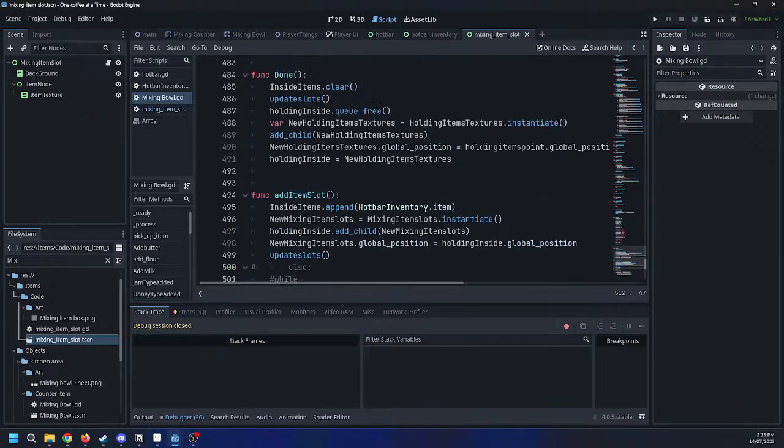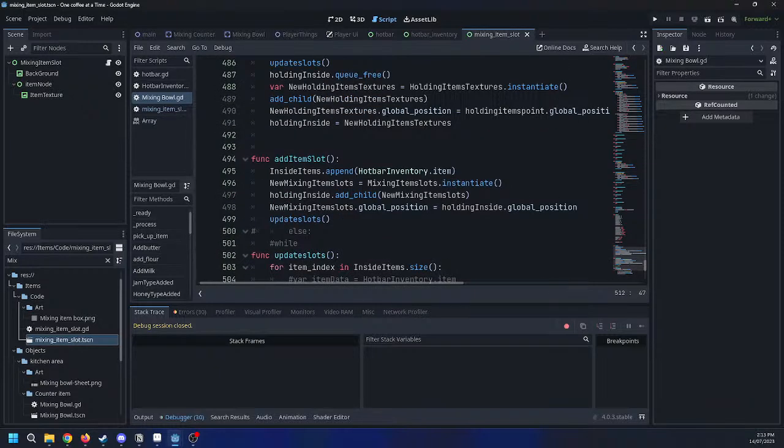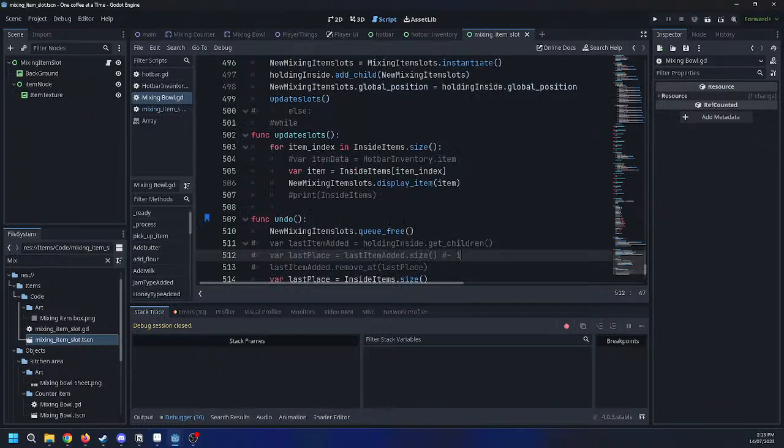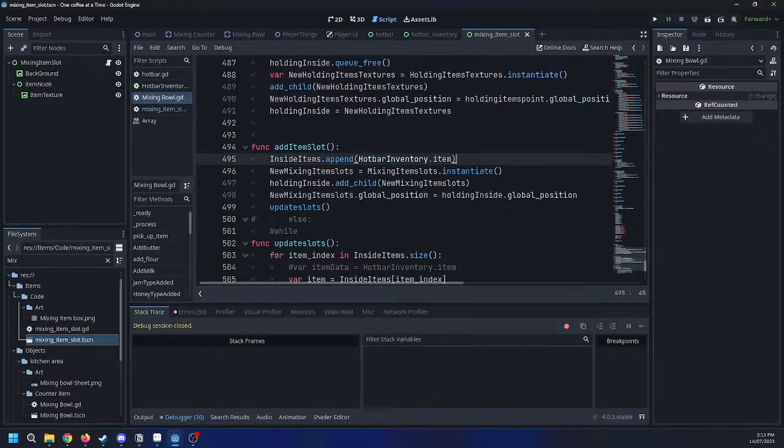I don't know if I have to implement more into using the array or not. I think I might have to, because currently it doesn't go by using the array. It's disjointed, so I must have sent an item somewhere.